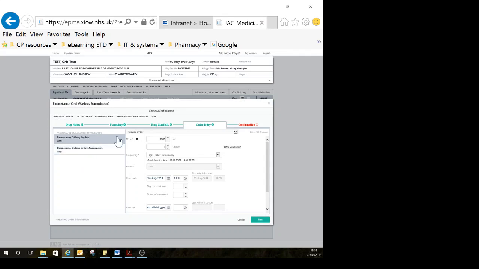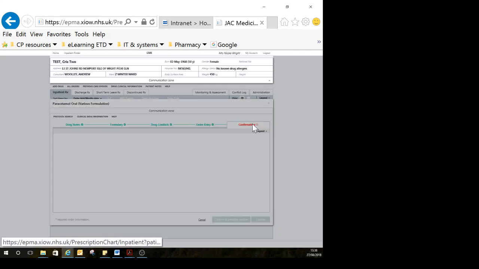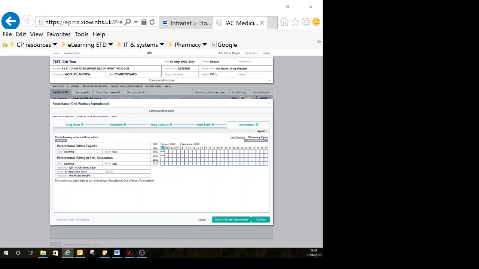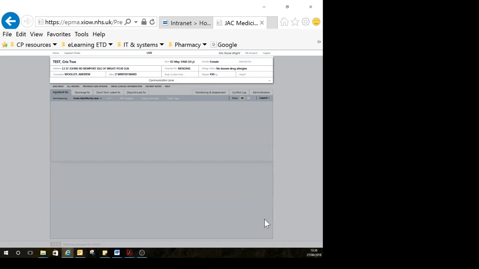and you'll see that the dosing information is already inputted into here, and it will be identical for this particular protocol. So when you go to the confirmation screen, it's showing you that you're prescribing caplets and suspension 1 gram 4 times a day. And as I said, when it comes to the nursing staff, they can then choose which one they want to administer. I can press confirm, and that will add both of those onto my chart